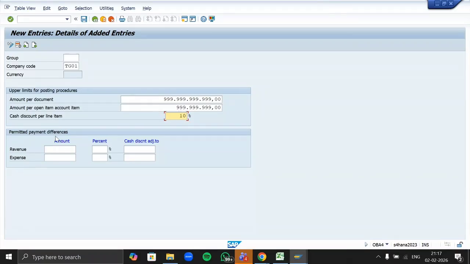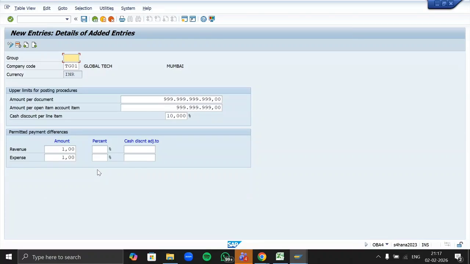Now here we took an example: what if my bill is of 527.83 rupees? Up to what value can I take this difference? Here I am allowing that I can take the revenue differences up to 1 rupee and the expense differences up to 1 rupee.